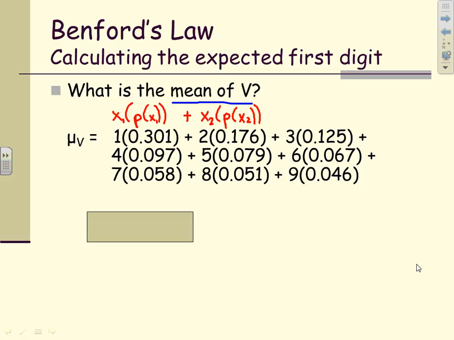And you might want to take a second to stop the video at this point and actually calculate that there. And when you do find that mean, it turns out to be 3.441. Now, if we think about that, when we had the uniform distribution, the mean was 5, and now here we're saying the mean is 3.441. You might be wondering why that is. Well, if you think about it, it makes sense because there are more values on the lower side, so that's going to pull the mean towards the left.